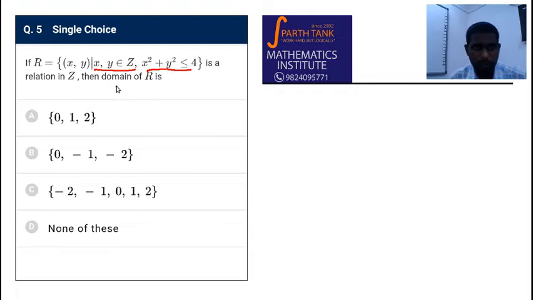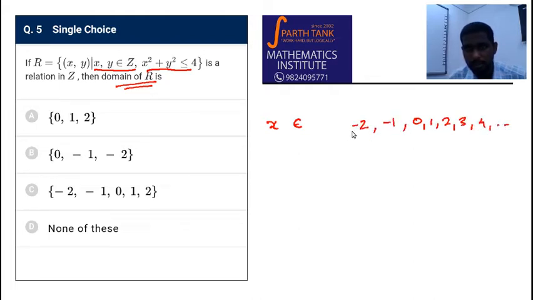Now the domain of R is the admissible values of x, right? Now x, since it is an integer, it belongs to 0, 1, 2, 3, 4, minus 1, minus 2, minus 3 and so on. However, this condition x squared plus y squared is less than or equal to 4 stipulates